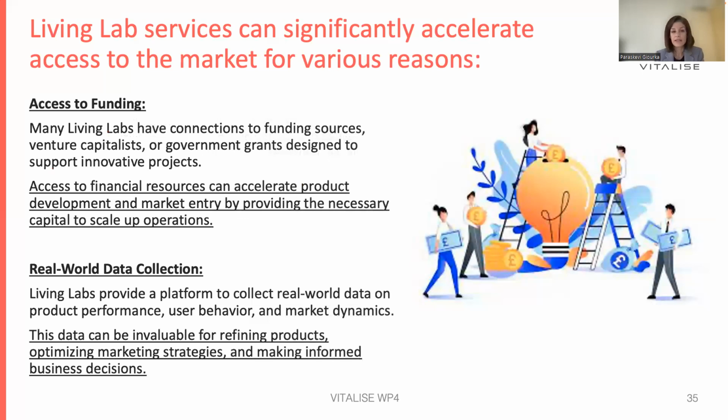Then the access to funding, this is another factor that can accelerate access to market, and sometimes living labs have connections to funding sources, either in the form of government grants, so they already have good connections with government agencies that design and offer specific grants to innovators, but also they have connections with venture capitalists, and this access to funding and these financial resources is sometimes a crucial factor for market entry and for scaling up